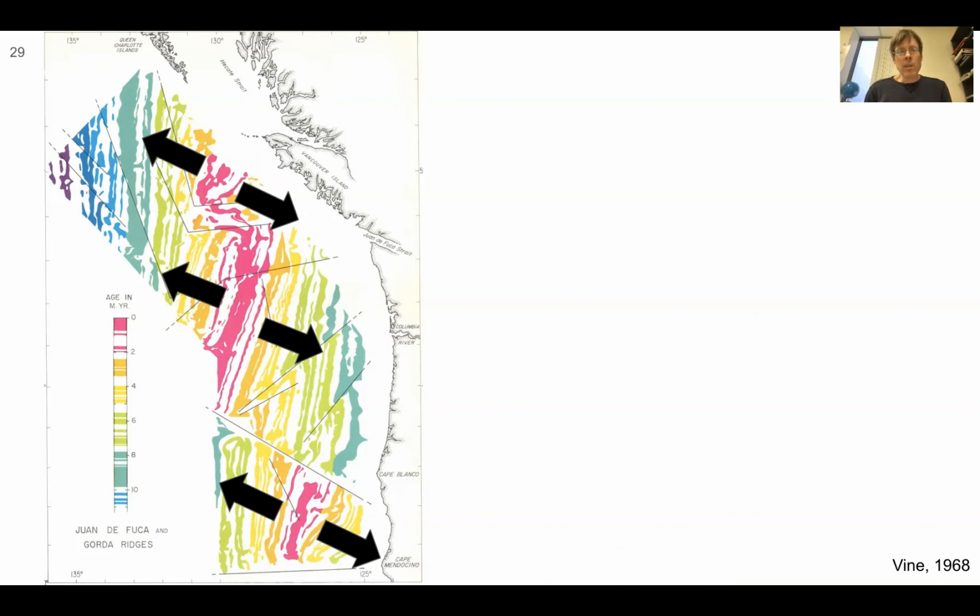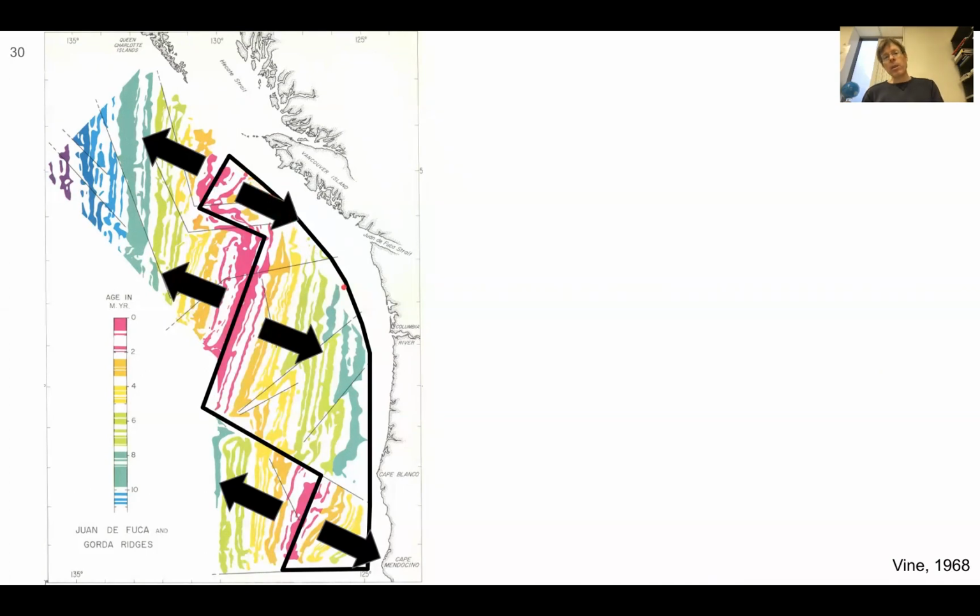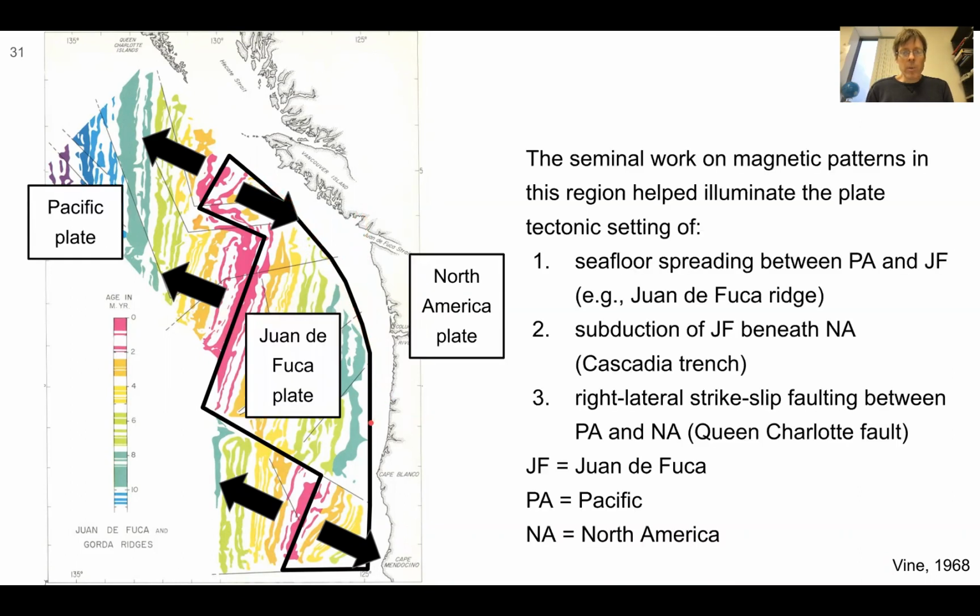The seminal paper gives us an idea of understanding the configuration as we know it well today. And the first step here is to draw a plate boundary. We know the spreading ridges are connected by these active transform faults of strike slip. So here's spreading ridge 1, 2, and 3. We can use that to help define the Juan de Fuca plate. We also know now that the plate subducts under the Pacific Northwest region in Vancouver. So here we have the boundary of the Juan de Fuca plate,